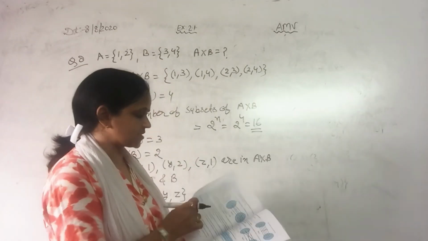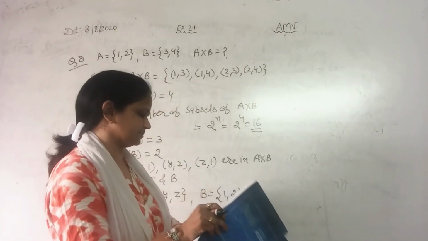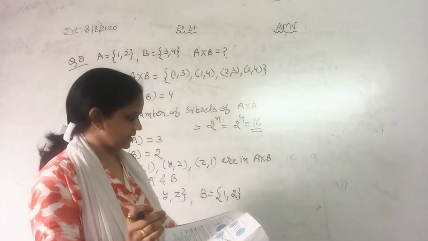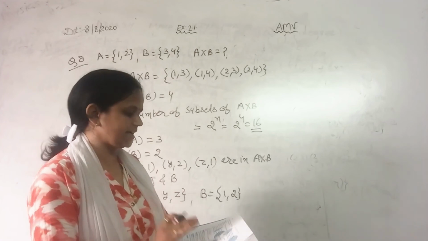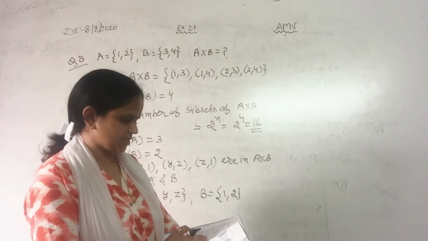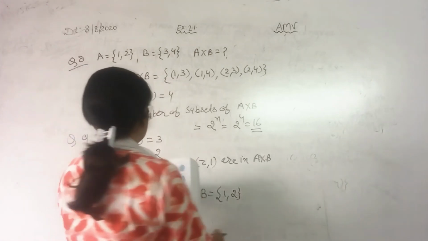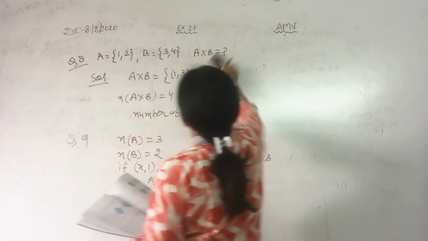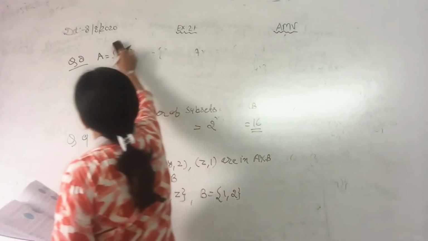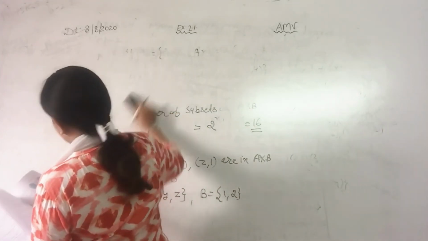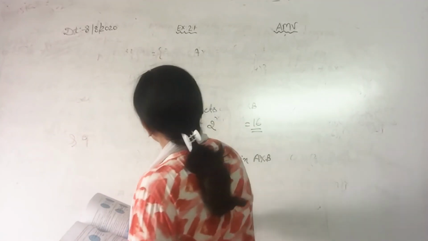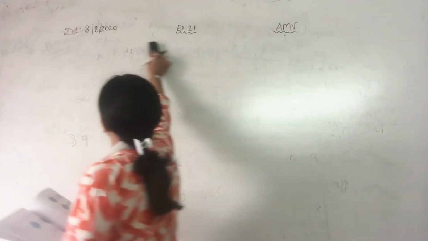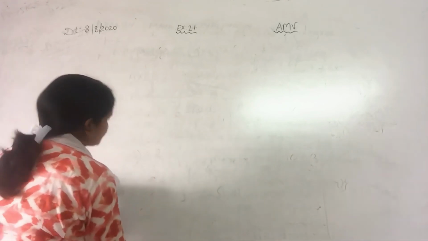Now, the last question of this exercise. The question is, the Cartesian product AA has 9 elements, among which are found (-1, 0) and (0, 1). Two elements are given. Okay, how many elements would be here? Students, Cartesian product AA has 9 elements. 2 are given, so remaining are 7. Okay.